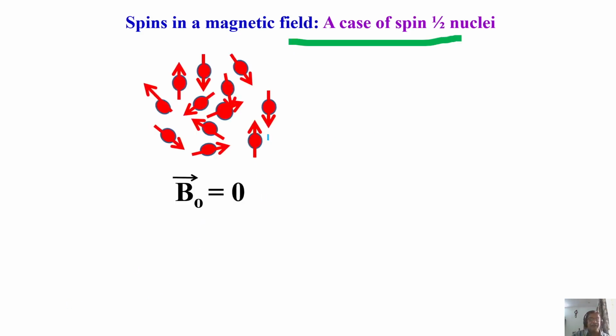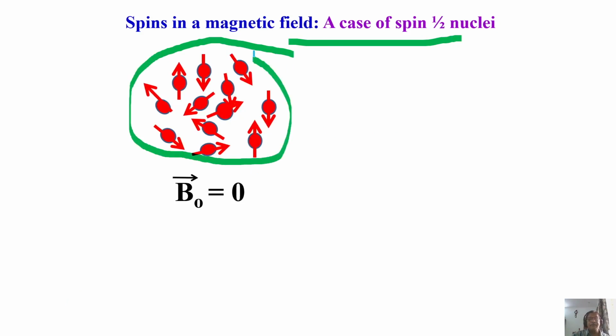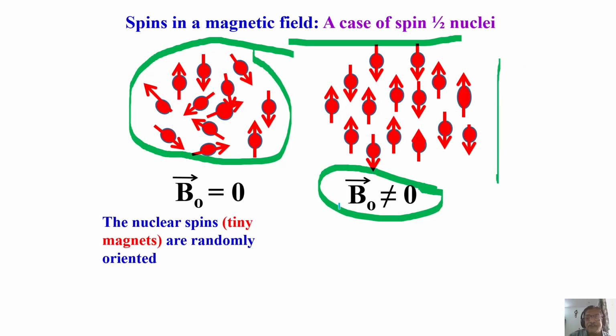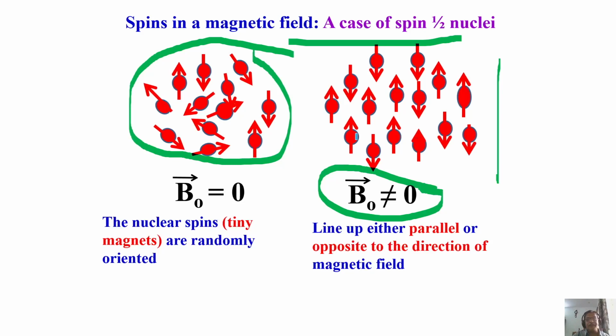What will happen? Consider spins in a magnetic field. I consider the spin of nuclei. Now, in the absence of a magnetic field, spins are randomly oriented. Random distribution is there. There is no preferred orientation. Now, as soon as you put the sample in a non-zero magnetic field, of some Tesla, look at this, what is happening? The random distribution of the spins changes to preferred orientations like this. Either they orient up or down, in the direction of the field or in the direction opposite to that of the field. There are only two possibilities.